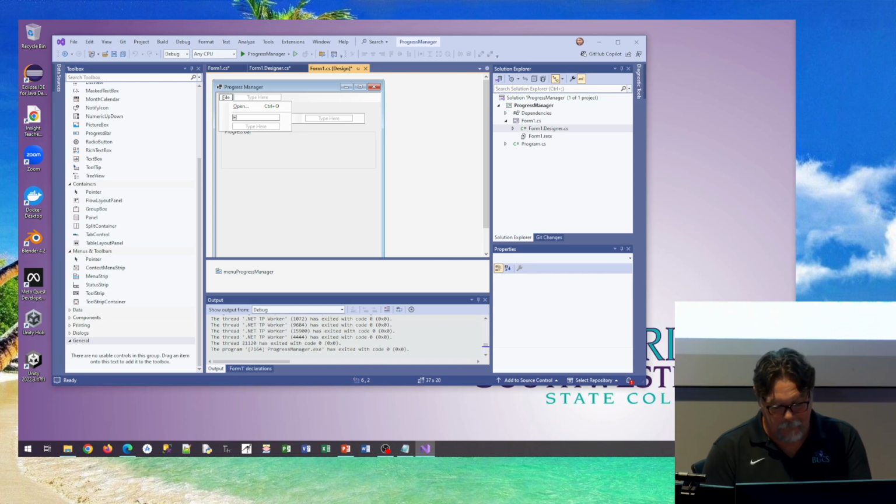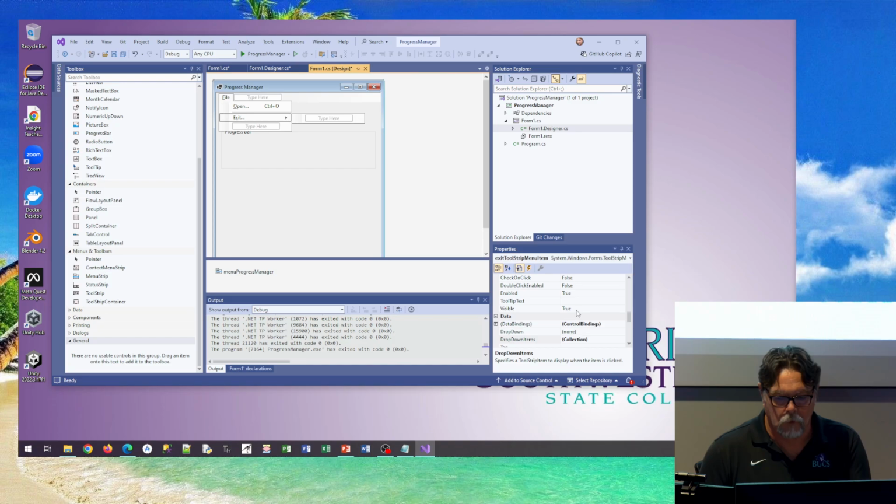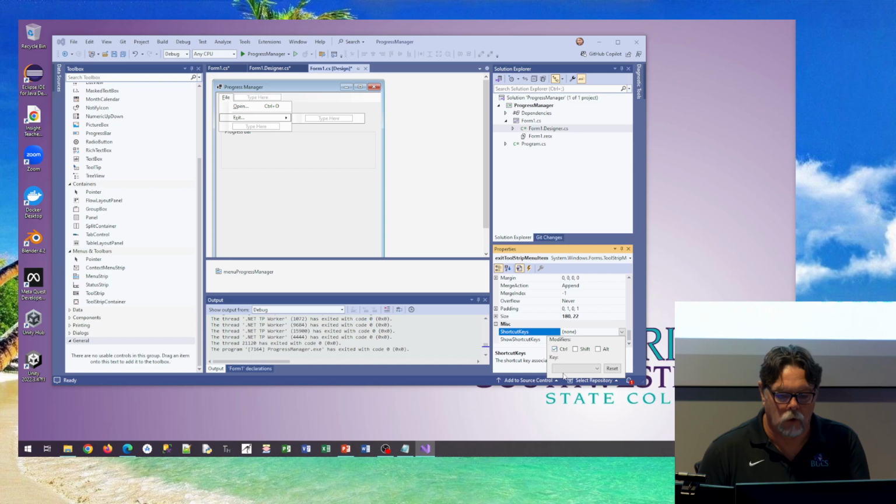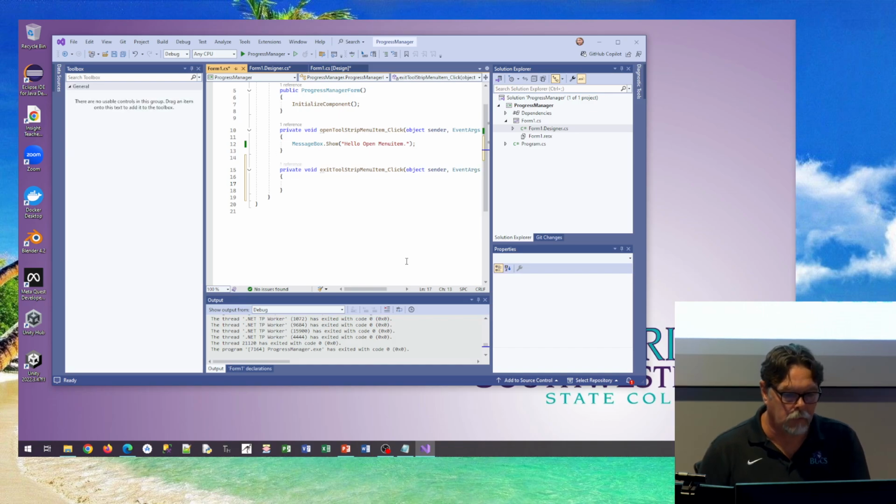So I'm going to type capital E ampersand XIT, and I'll add the ellipsis on this, and maybe say shortcut key of Control X to exit. And the reason why I put the ellipsis is I'm going to double click on it and say